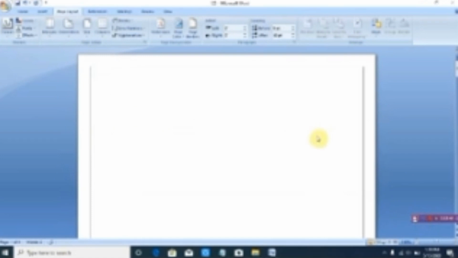Now the next is newsletter column. Okay, so what it is: when you type a document in Microsoft Word, the letter flows in a single column between the left and the right margin. Suppose when you are writing something in the document, whatever you are typing will flow in a single column, right? But you will notice in a newspaper or magazine, where the page size is